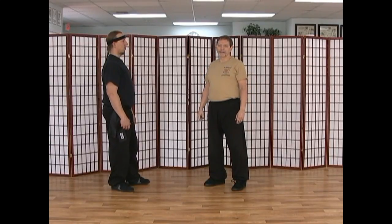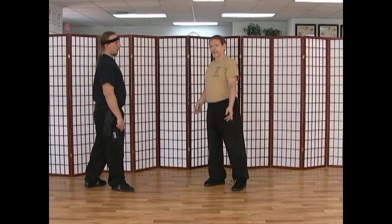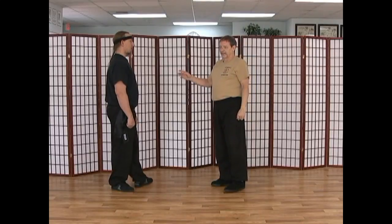If the attack is, say, shoulder level or higher, and someone wants to punch your face or your throat, you can use the blocking technique from Fair Lady Works the Shuttle. Now, beginners probably haven't seen Fair Lady yet. They haven't got that far in the form, but basically the block looks like this, and then the strike comes here. So now, if Rich were to punch with his left hand,